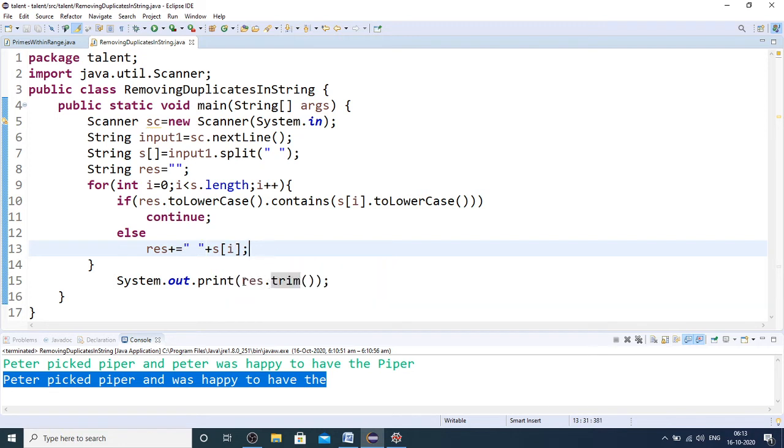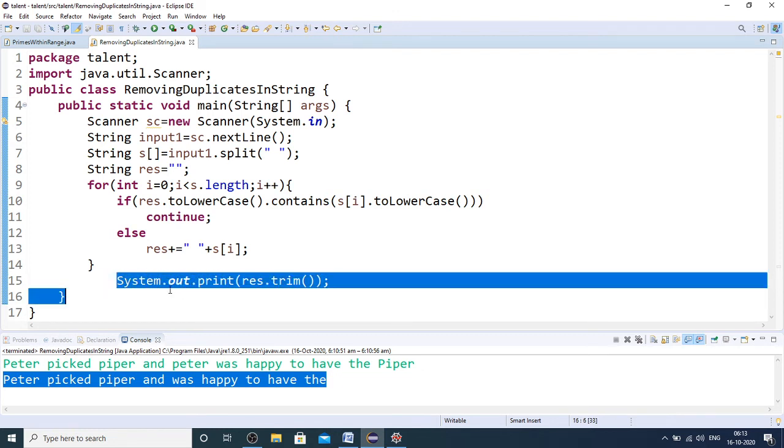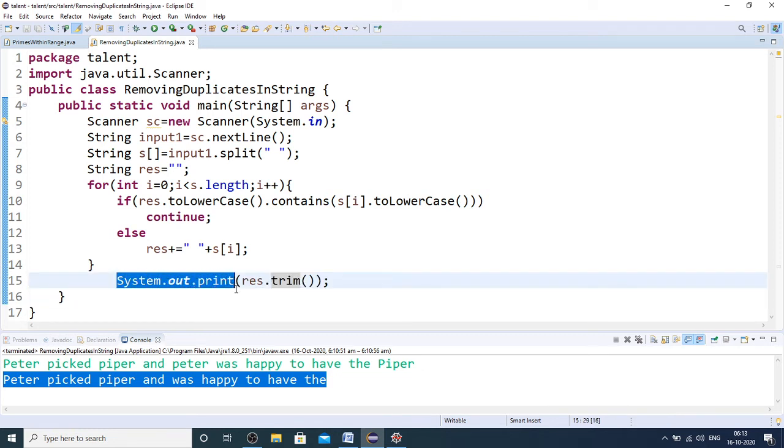That's why it's a must to use the trim method, to remove either the beginning or ending space. So in the placement exam, you are just going to replace this System.out.print by a return statement. I have already executed this in the Metal platform and I got this working for all the test cases. So it's a very simple problem.